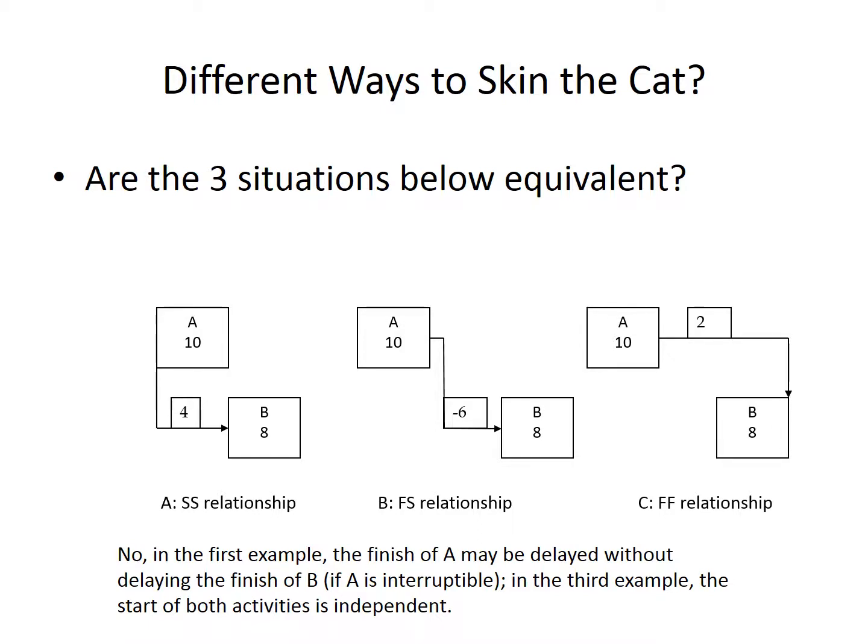So the first example is start-to-start. If I put a 4-day lag on that one, that's effectively the same as putting a negative lag on a finish-to-start relationship, as you might see in activity B, or the second scenario. If I wanted to do a finish-to-finish relationship, I could simply put a positive lag of 2 days on there, meaning that A ends 2 days prior to the end of B. All three of those scenarios effectively result in the same time amount. So there is more than one way to